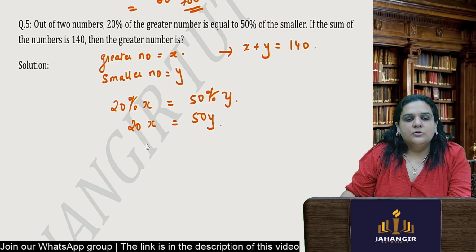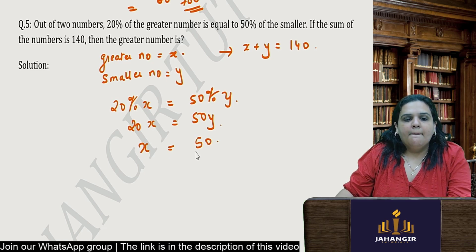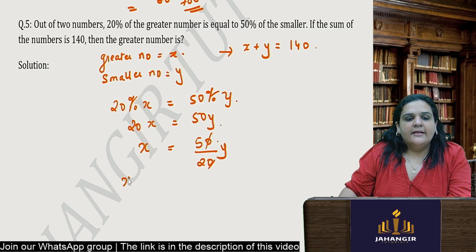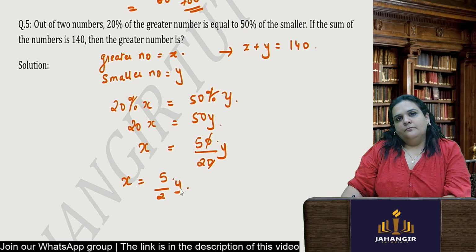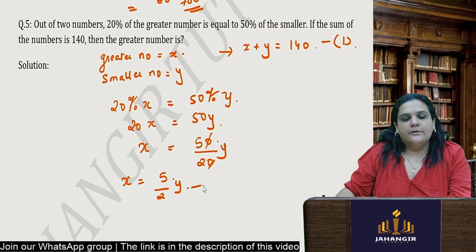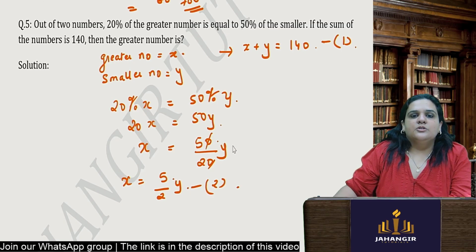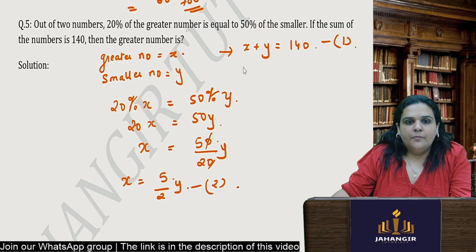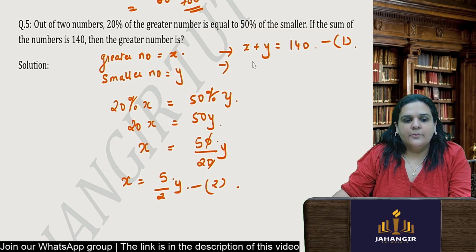Okay, so if I want to write this x, I am just converting one equation. I'll write 50 upon 20y. So x will be equal to 5 upon 2y. I got this one equation and this is my second equation. So I'm substituting this into my first equation. So instead of x, I'll write 5 upon 2